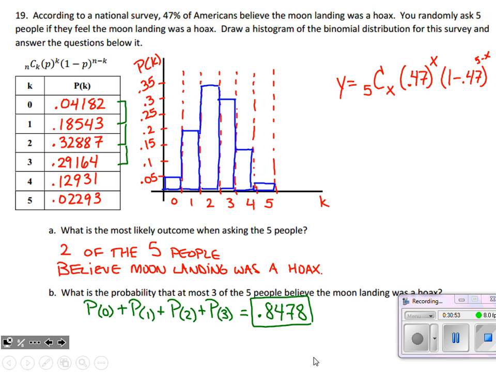So really neat, interesting real-world math in this chapter. I love teaching this chapter. I think it's really neat to see how these different scenarios that are very likely in the real world to kind of calculate how likely they are to occur. So pretty neat. I hope you've enjoyed it, and good luck on the test.